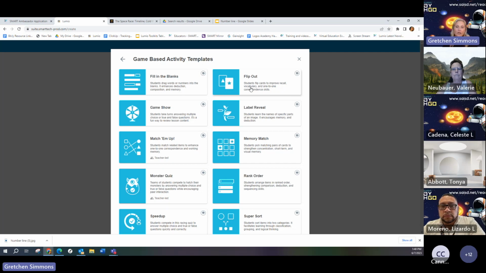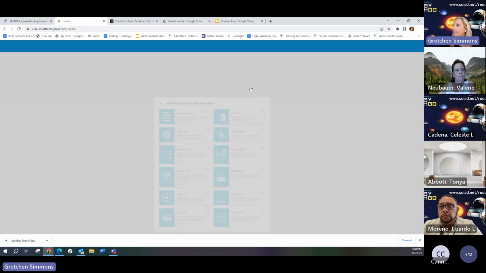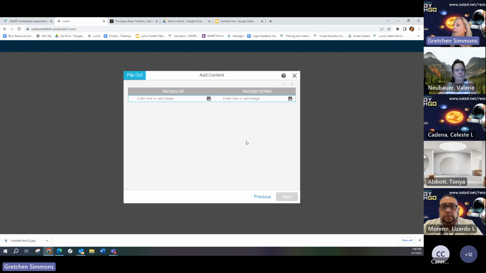So we've saved our number line in our Google Slides to a JPEG. Then we went back into Lumio and we went to new and we opened up the game-based activity Flip Out. So now I'm going to add my content to Flip Out and I want it to work with my number